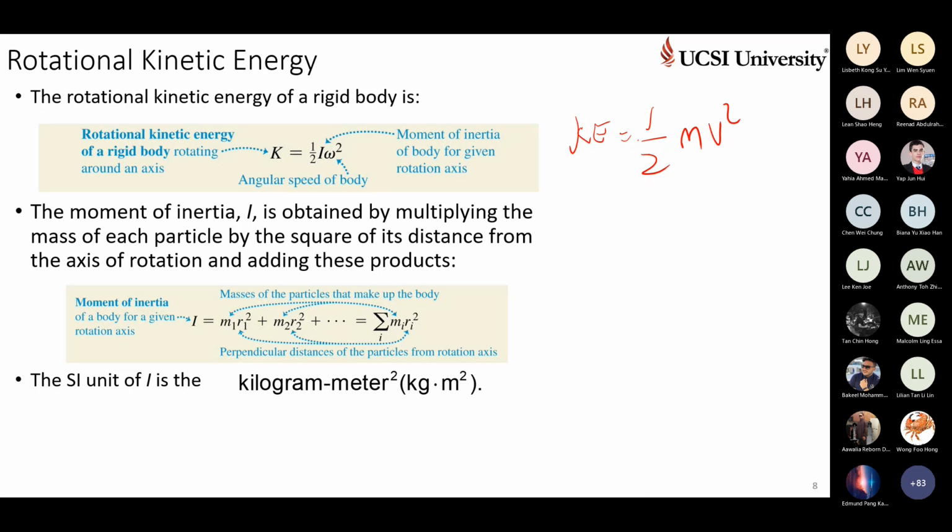The same equation when we use it for a rotational object, the m is replaced by I and v is replaced by omega, because there is no linear or translational velocity, but the velocity is changed to angular velocity. So use the same equation using the appropriate notation for the phenomenon happening. This is for rotational kinetic energy, maybe I use the same notation K. Mass is replaced by I, v is replaced by angular velocity.